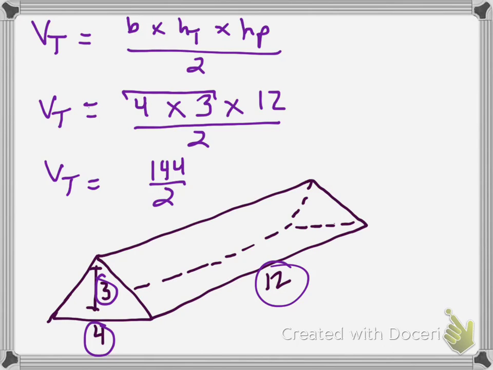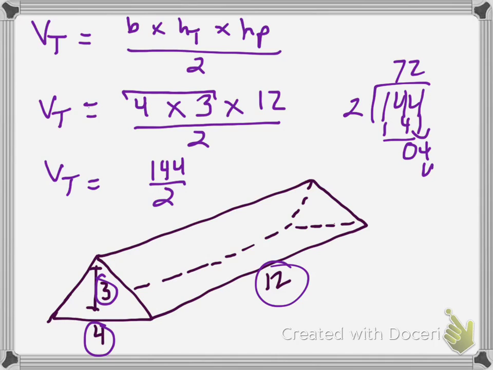Might need to work that out on the side. 144 divided by 2. 2 goes into 14 7 times. 7 times 2 is 14. Bring down the 4. 2 goes into 4 2 times. 2 times 2 is 4. So the volume of this triangular prism would be 72